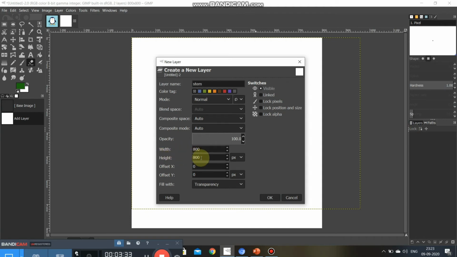See, these are the pixels. If I want to make changes, we can make, otherwise that's not an issue. After that, fill with. So fill with, we have to do it with a transparency. So we'll select a transparency. If we want pattern, we can select pattern also. It's our choice completely. Now I'll click over the OK.